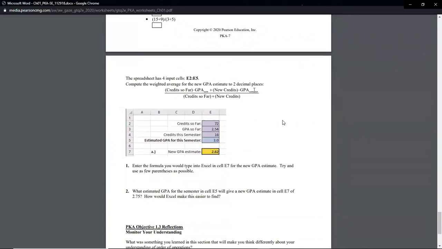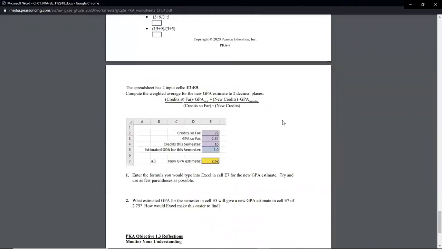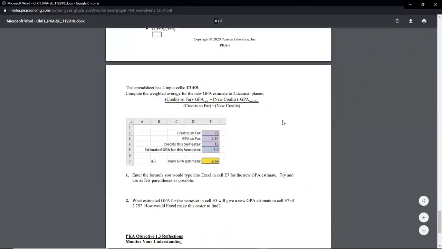This is actually, I feel like this should probably be in Chapter 2. It's a little more relevant then, but there's nothing wrong with doing the math of it now because it's just order of operations. But I've said that every single one of you should be able to calculate your own GPA by keeping your own grade book, and the formula for this would work. And I mean, not just for this class, but I mean all of your grades, your actual GPA. But that is still just kind of a weighted average formula, if you will.